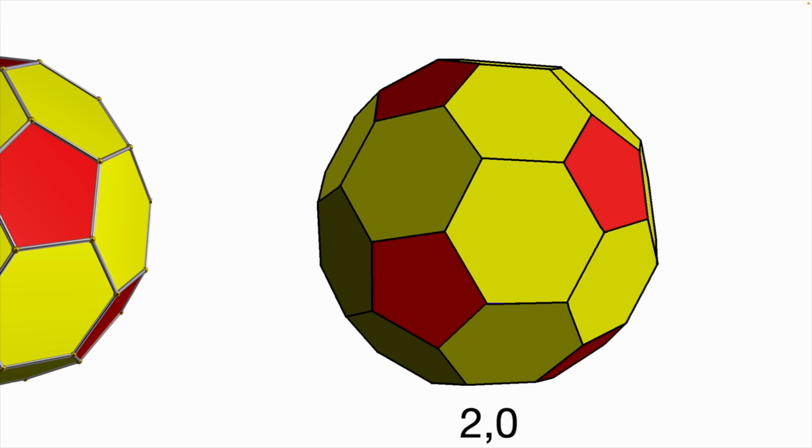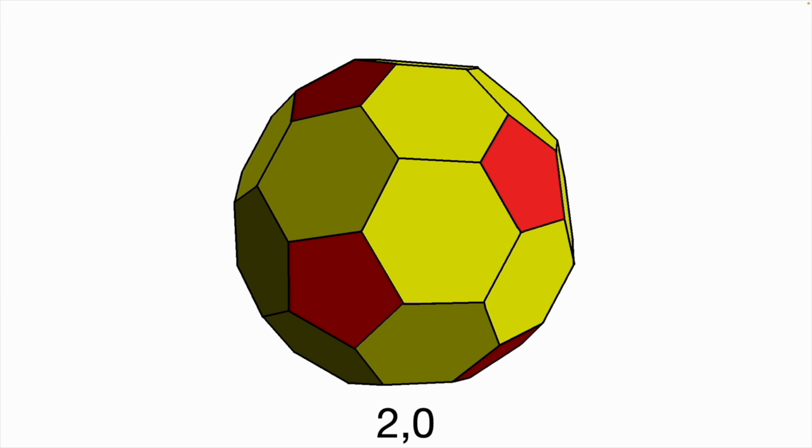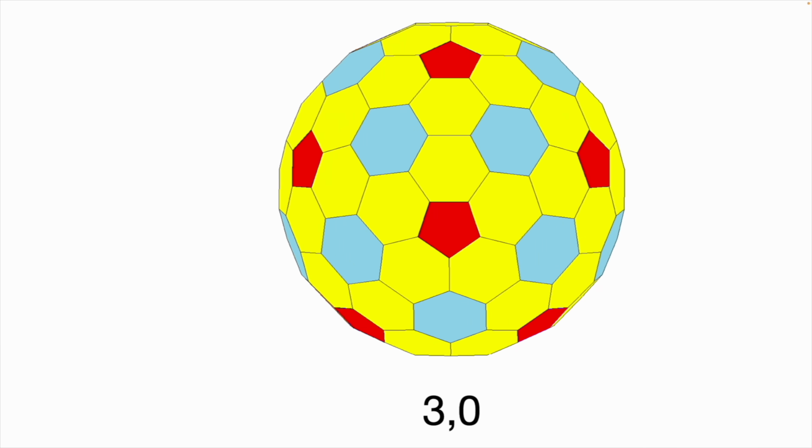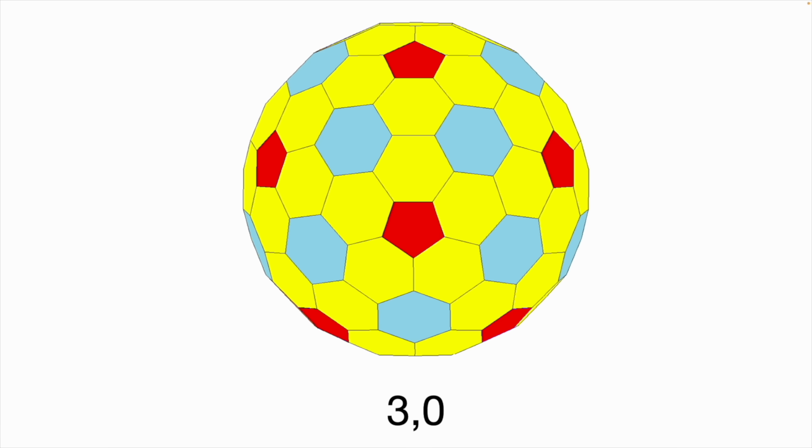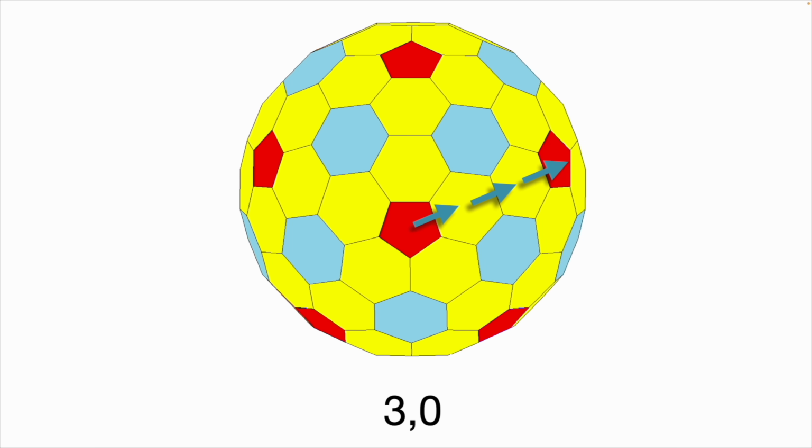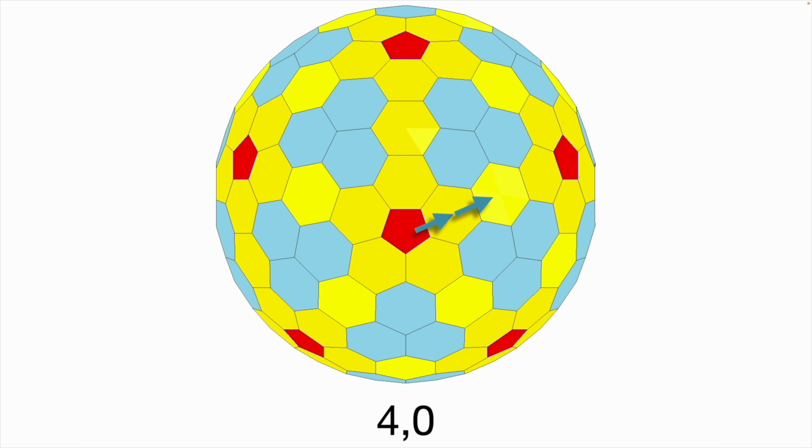We'll start by looking at the 2, 0, and the reason we give it a value of 2 is because if you start in one pentagon and you want to get to another one that's nearby, first of all you have to cross this edge, that's one edge, then you have to cross this edge, that's 2 edges, a value of 2 to go from one to another. If we had a more complicated one, look at this one, now we have to cross 1, 2, 3 edges. Or check out this one, we got to cross 1, 2, 3, 4 edges. This is a 4, 0.